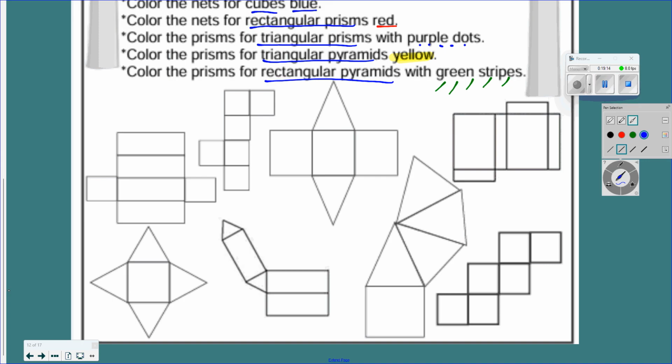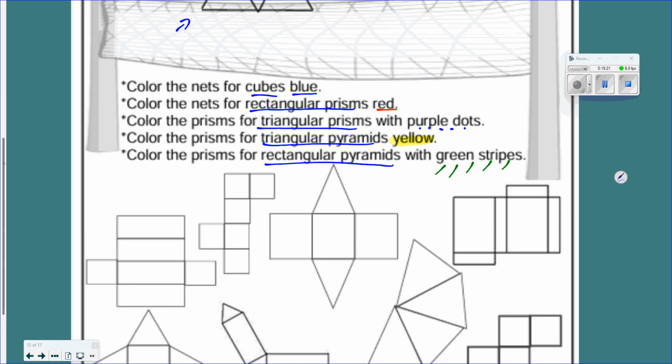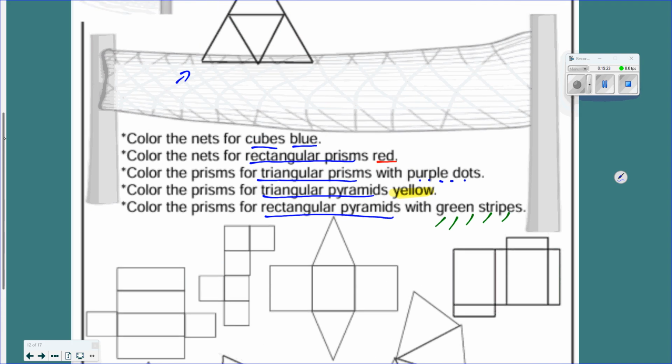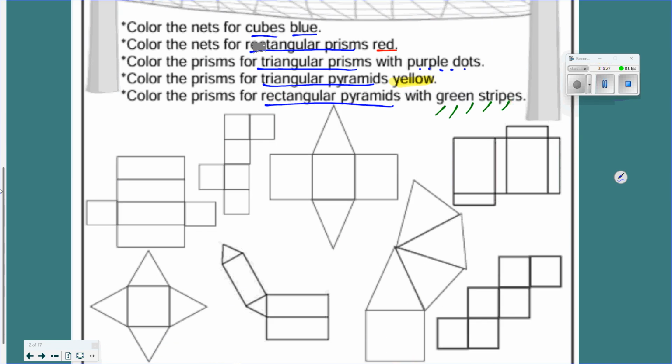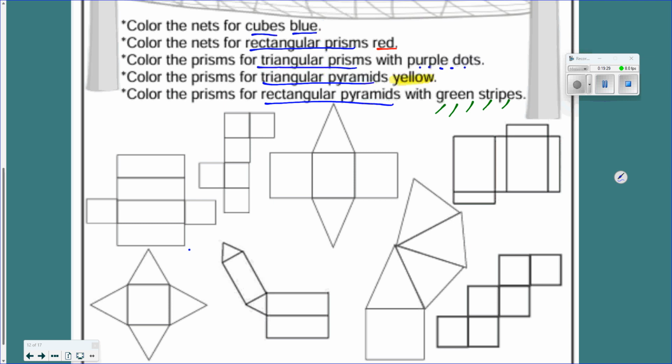Looking at these, starting with cubes. One cube? No, how about this one? No. This one? Yeah. So we'll cover this one with you. That a cube? No. This one? This one? What? This one? On that one? Okay, now we're going to